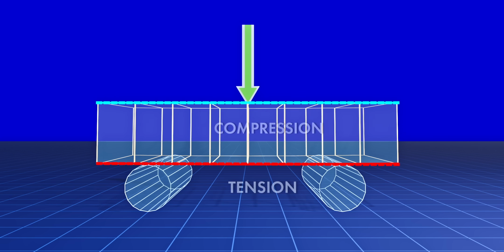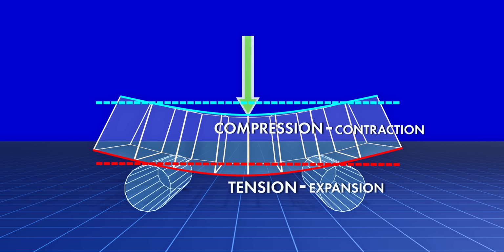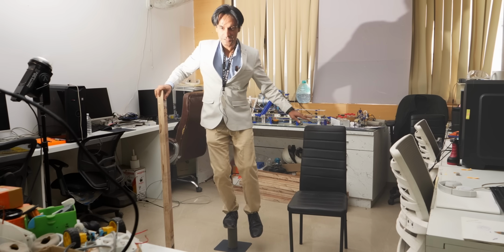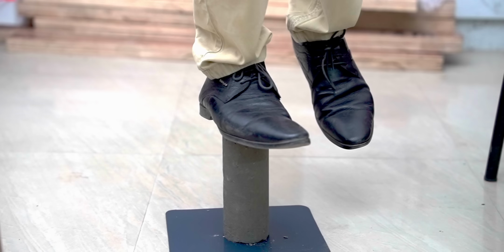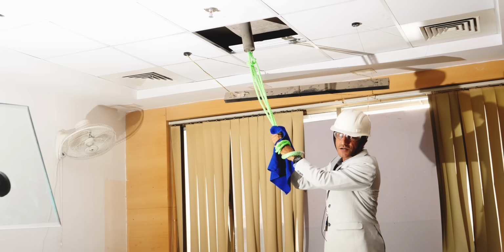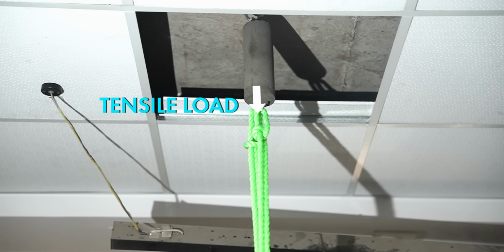This means the bottom of the concrete block is under tension, while the top is under compression. Here's the problem. Concrete is inherently weak in tension. This concrete cylinder is easily able to carry the weight. But when I hang on the same concrete cylinder, transmitting a tensile load on it,